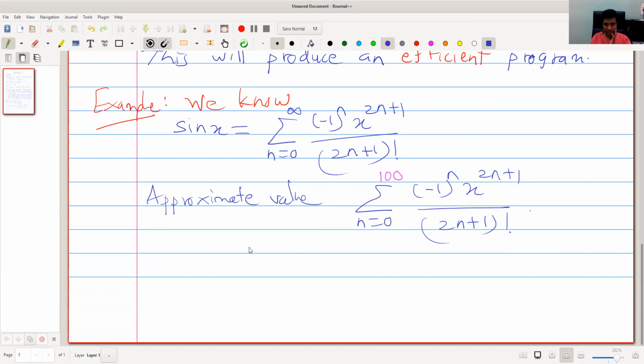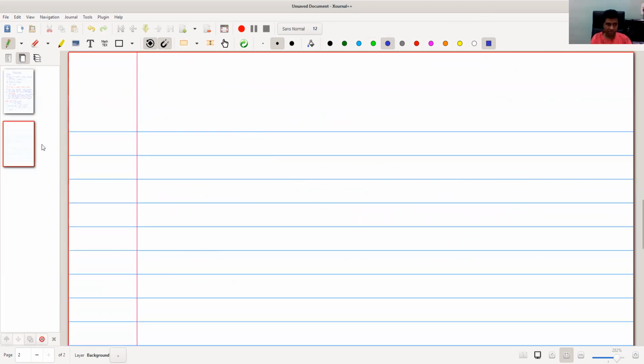In Mathematica, of course, we have the summation symbol, and there is another thing, the function Sum. You can search the help menu and get more details about this function Sum. So this can be put here. This is one way, but this will not produce an efficient program. Let us see why I'm saying that this is not efficient. Let us consider a general term in this case. So what is the ith term?